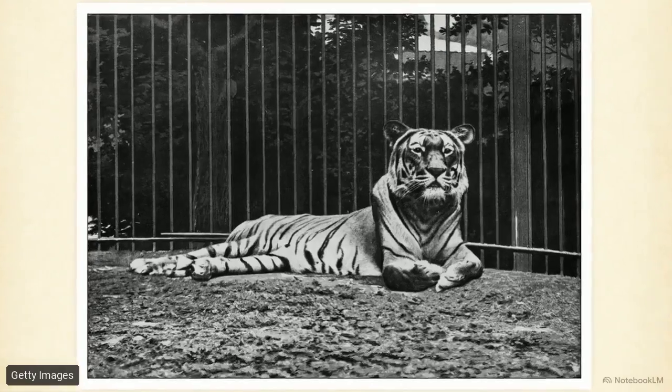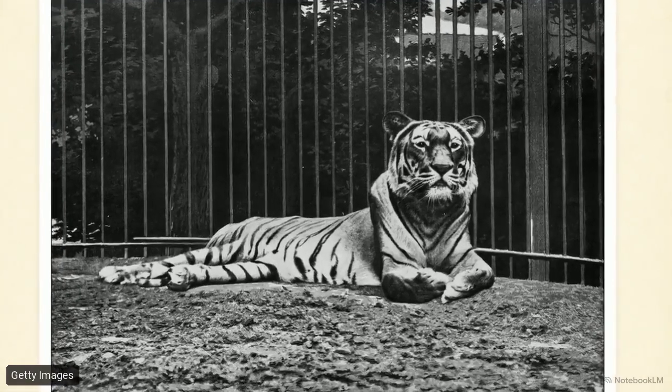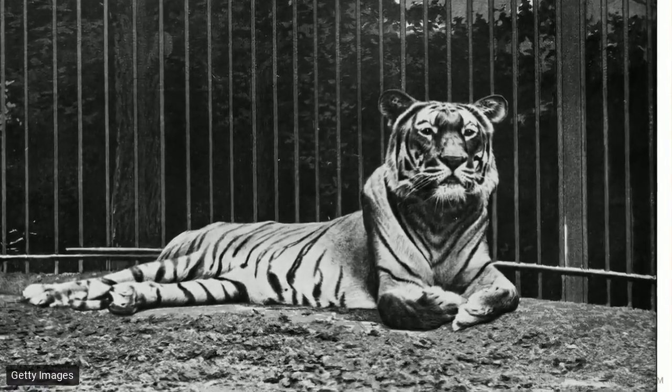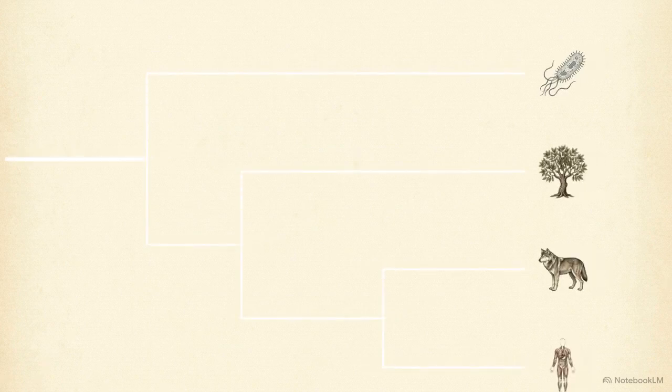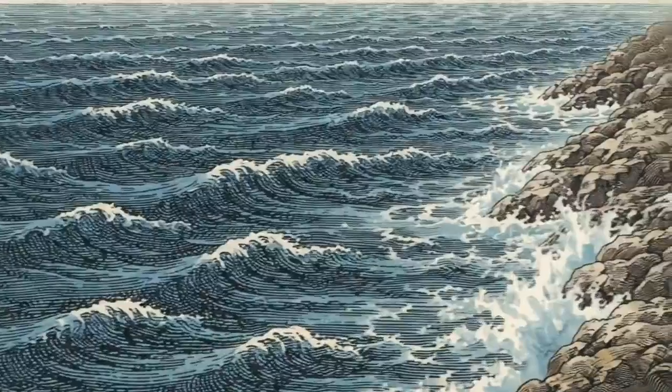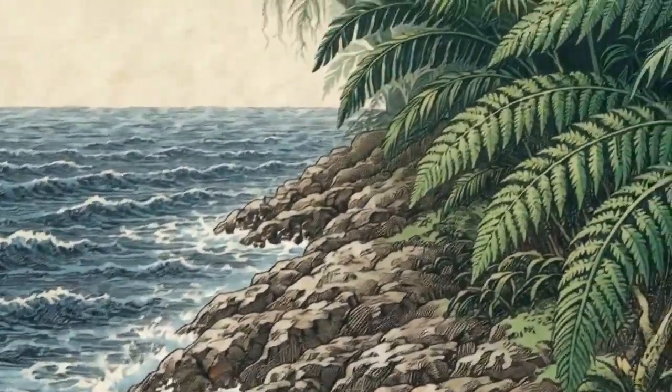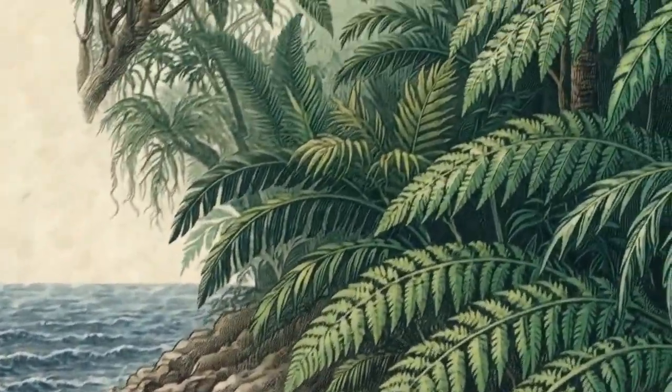We share a class with this tiger because we both inherited hair and milk production from the same ancient mammalian ancestor. The same logic applies to the Mangifera indica we saw earlier, and even to bacteria. Every species occupies a specific branch on one vast interconnected tree. Systematic classification reveals that all life, regardless of its kingdom, is part of a single continuous physical history that has